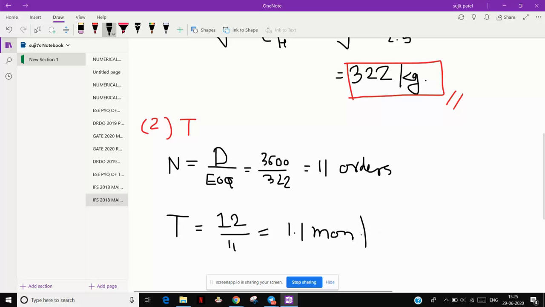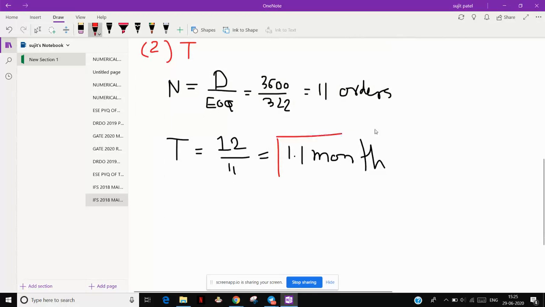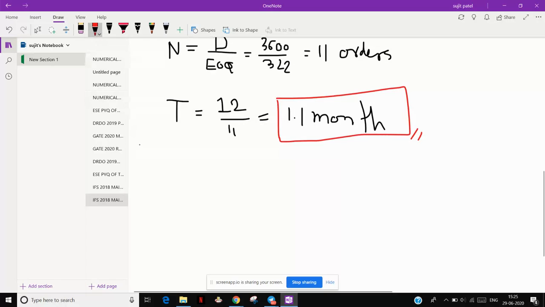So after 1.1 month, you have to again reorder. So this is our answer of the second question. And now the very interesting one is the third,